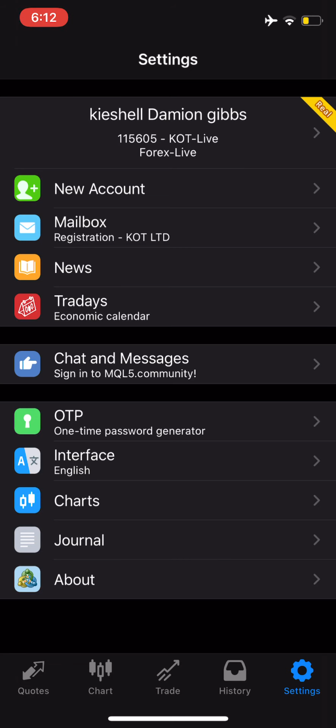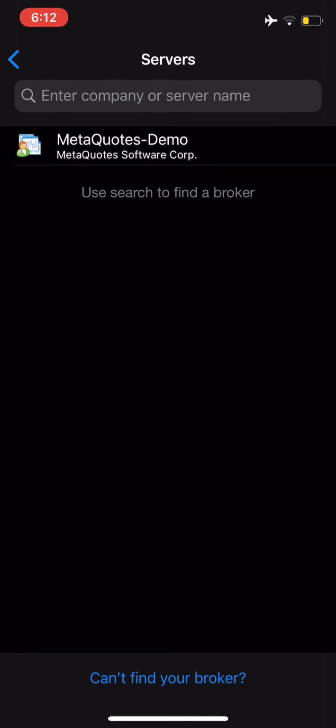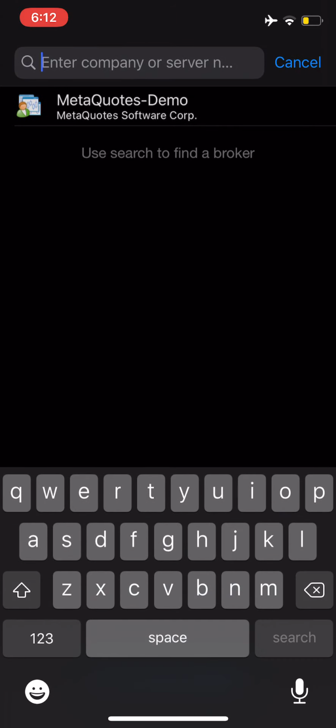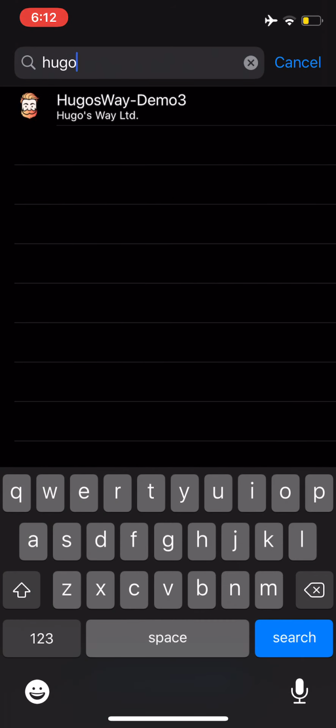So here you click new account, and then now you have the option to open a demo account or log into an existing account. If you have a live trading account, then you click log into an existing account and you would have the login information. However, if you're opening a demo account, you click open demo account, right? Now you have to search for your broker, right? For our demo accounts, we're going to use Hugo's Way, right? So you type in Hugo's Way demo 3, click enter,